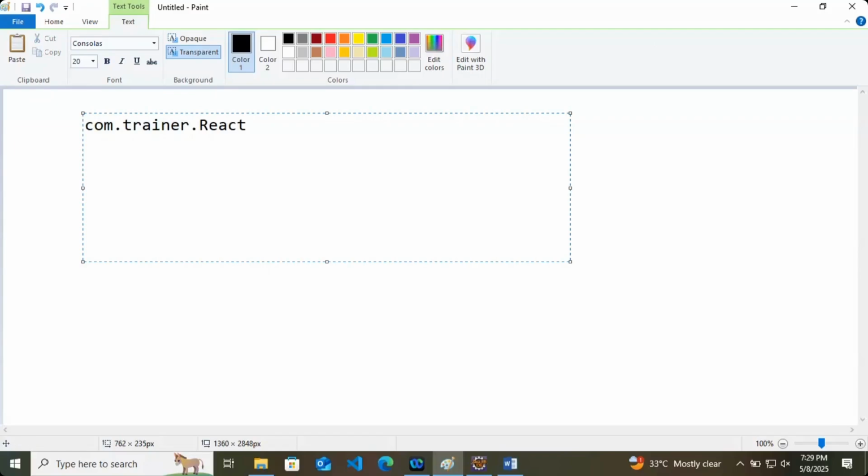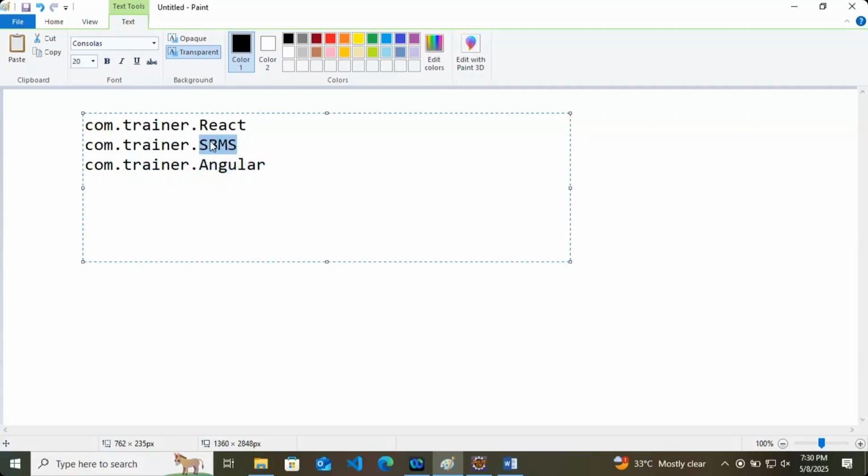So there is a React class, com.trainer.react. Then this trainer also teaches Spring Boot and microservices, com.trainer dot springboot, and Angular, com.trainer dot angular. So something like this. These are the three classes.